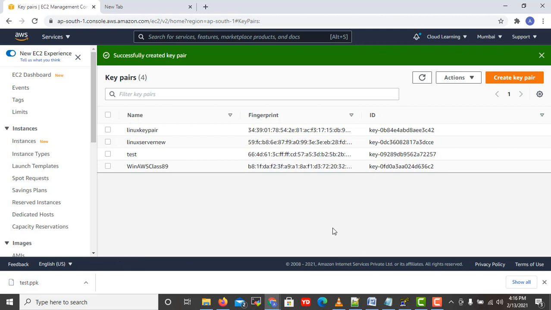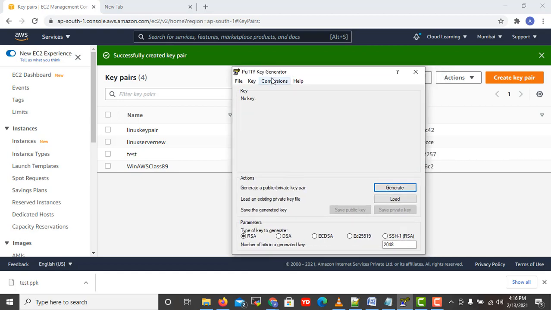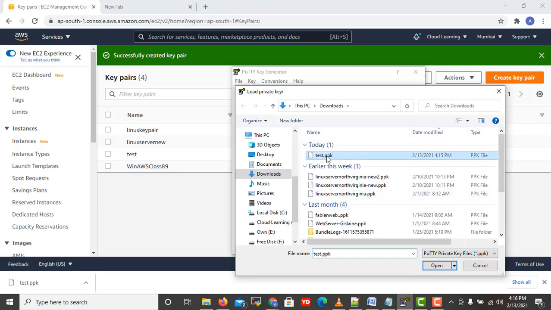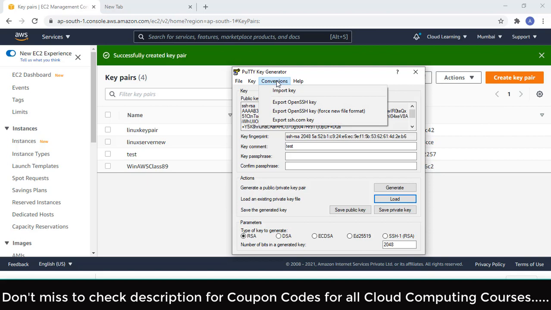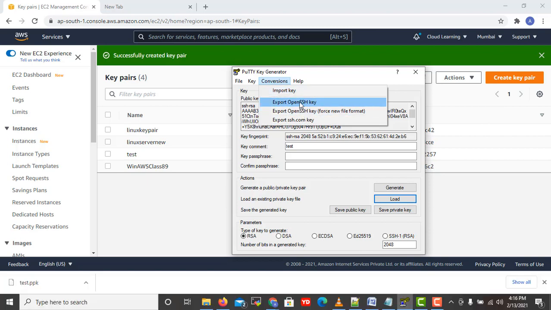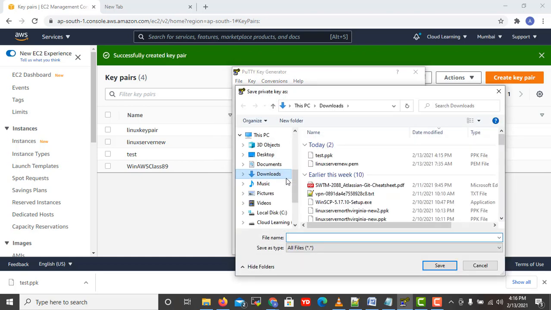Here is the tip. Again you need the PuTTYgen tool. Go to PuTTYgen, click on Load, select your file, open it. Now go to Conversions, then go to Export OpenSSH key. You need to click on Export OpenSSH key. If you do this, click on Yes, and then just save this file